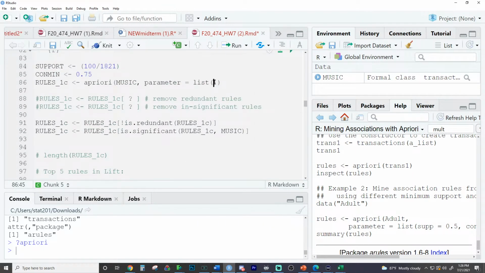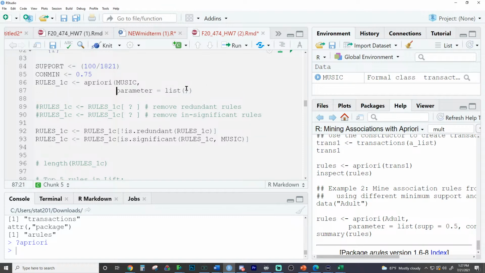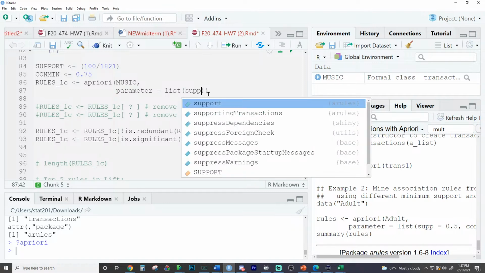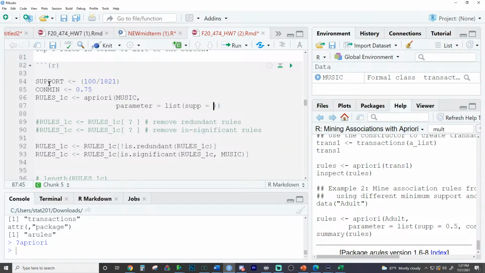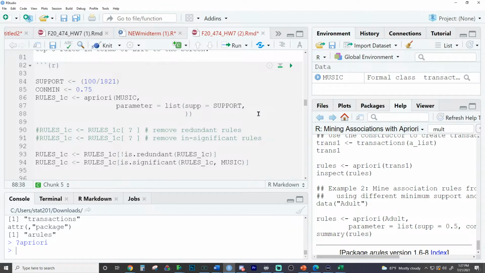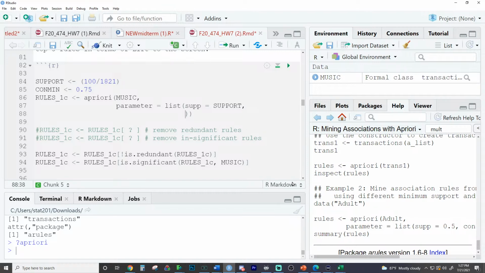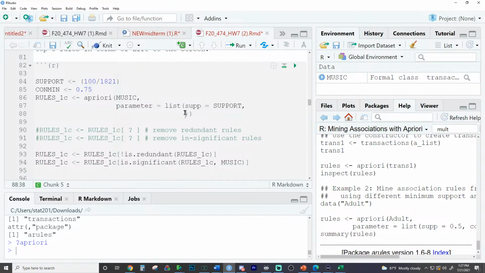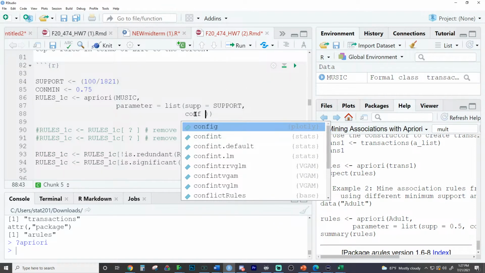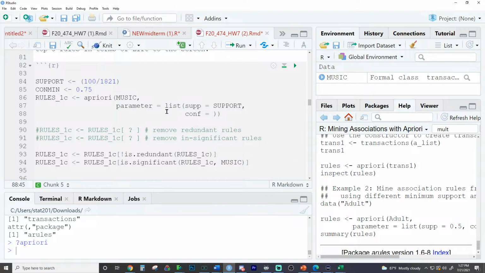There's an interesting thing inside of R. I want to show you something, and it might work. We're going to do this the right way, then we're going to try it the wrong way. We're going to go sup. You see, you don't get the autocomplete. You've got to know it's sup. And sup is going to equal our support that we saved outside of here. And then this is a list, so we can put the comma for another thing inside the list. And con is conf. It's not confidence. I don't know why they didn't spell it out. Someone got lazy, and they don't have the autocomplete because it's inside of a list.